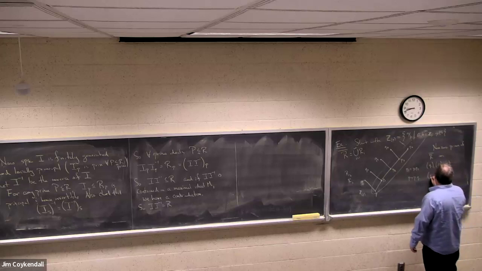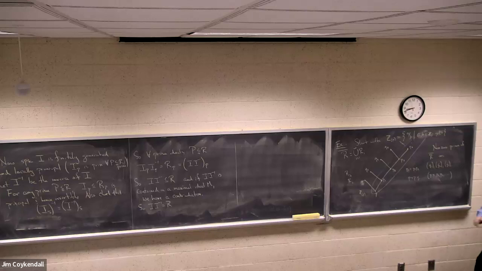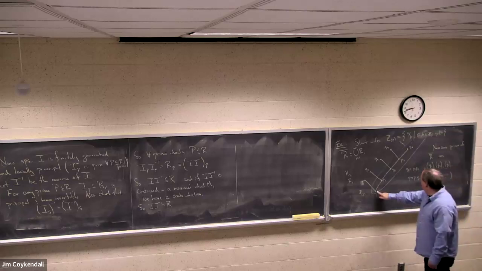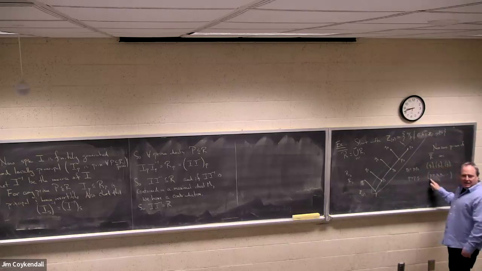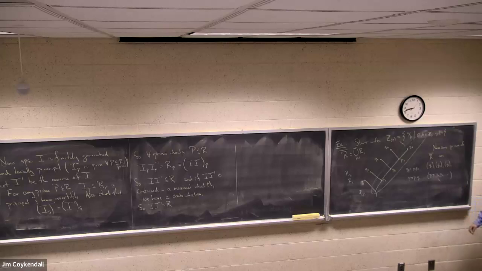And finally, the ideal generated by P1, P2, P3. Every time I add a new generator, the previous one becomes redundant, right? Because once I throw in P1, I don't need P anymore because P1 divides it. Once I throw in P2, the same happens, but I need them all because the process never stops. Right? Now,